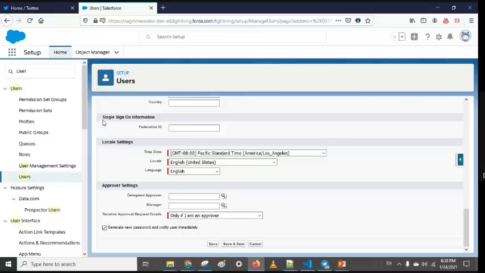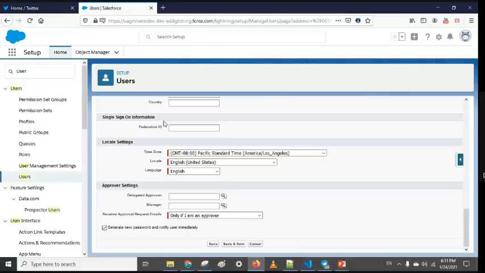Let's discuss these two more important points. This is single sign-on information. If you want to enable single sign-on, SSO, between two Salesforce systems, then this field, Federation ID, is important. Why is it important? For example, in two systems there are two users, and in both systems Dhanik Sahani is a user.